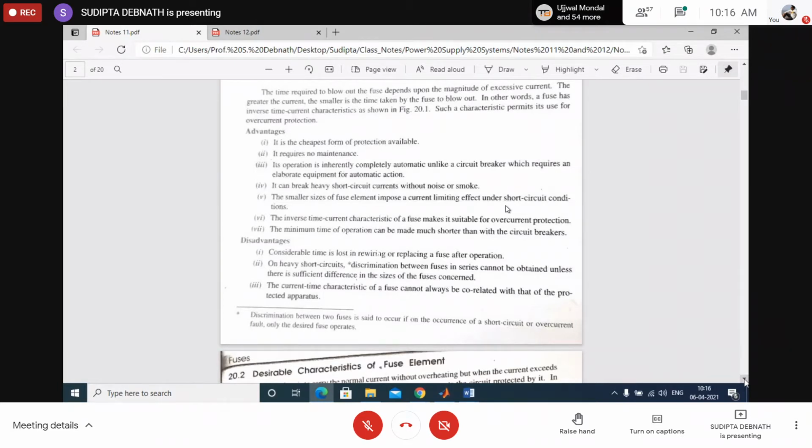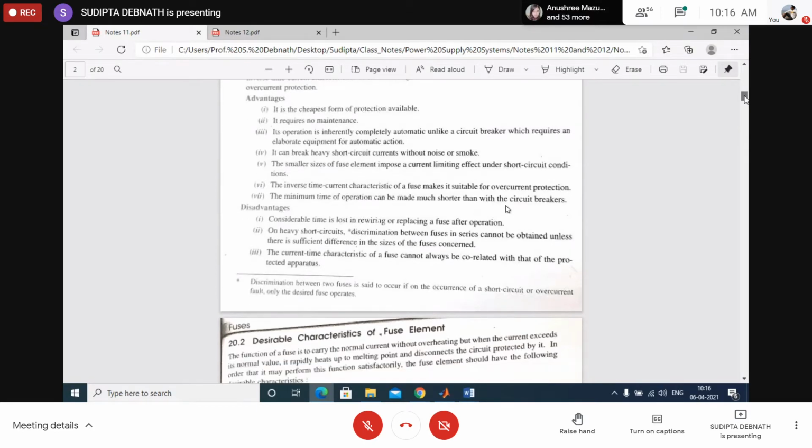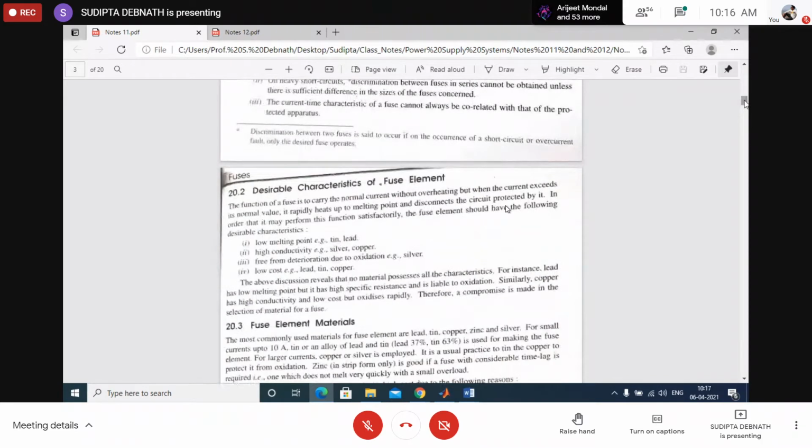So there may be a fire hazard and lots of other things can happen. So it is very important to extinguish that arc. In a circuit breaker, mechanisms are there to extinguish the arc, but in a fuse, there are no such mechanisms. We'll study the circuit breaker only in summary, because you have circuit breakers in detail in your 7th semester. So now just concentrate on the fuse. First the definition, then the characteristics, advantages and disadvantages; you can study these from any book.